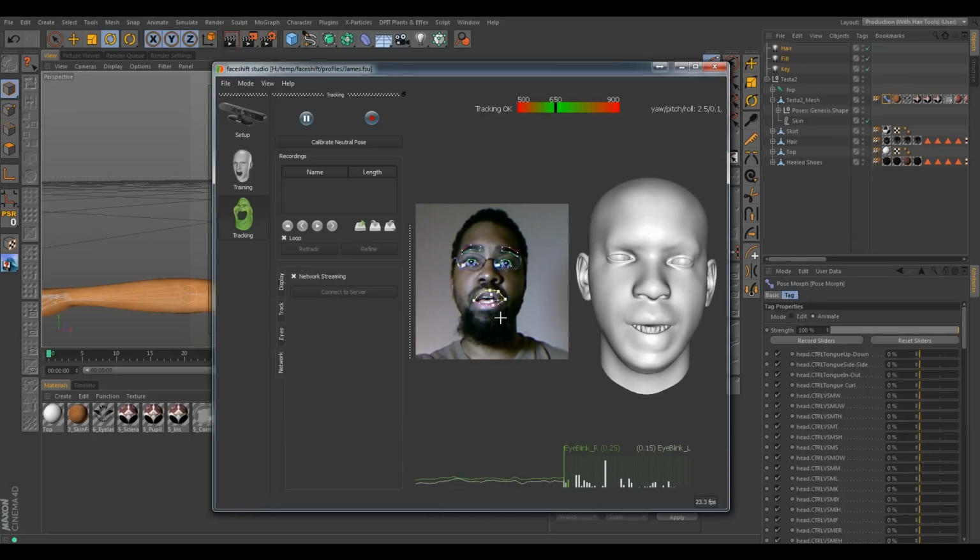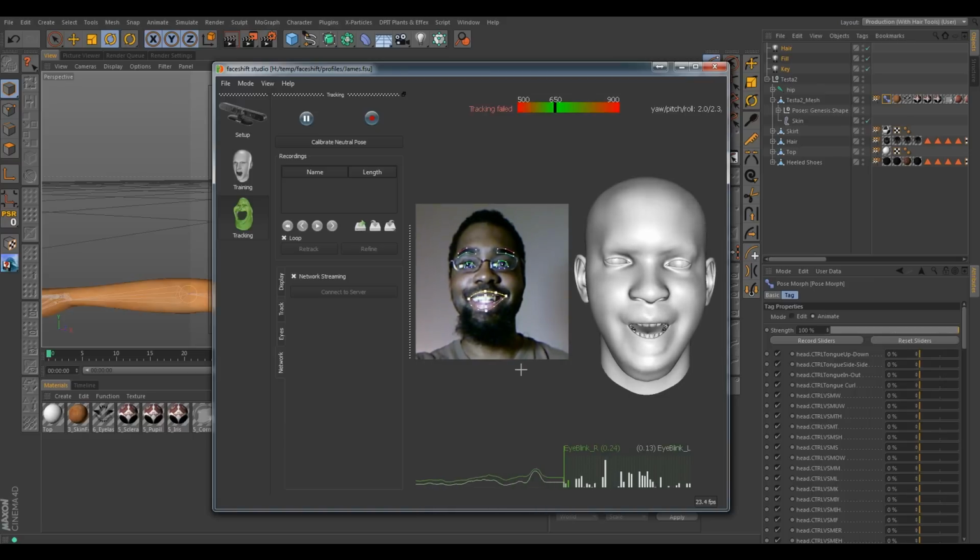So if you're not concerned about keeping something like that up, I guess I would recommend shaving your face, or at least keeping the hair down to a bare minimum. I think it helps Phaseshift recognize your face a little bit better. But I'm not going to cut mine anytime soon. All right.